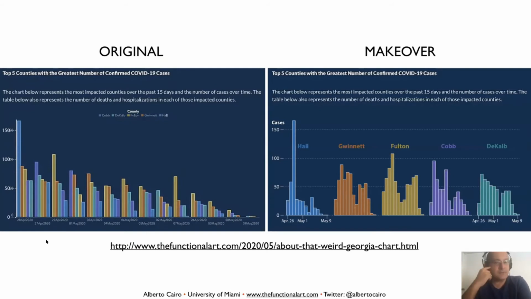But what if the purpose of the graphic was to show the highest rates per county, and which county was highest on each one of the dates, and which one of the dates was higher than all the others? If that is the purpose, this graphic works really well. You can see the worst date, the best date, and you can also see what the worst county is per day. So if that is the analytical purpose of this graphic, it is not a bad graphic. It can be improved cosmetically and in terms of visual design, but it does the job. I can clearly see which county was the worst, and I can actually see which day was the worst, right?